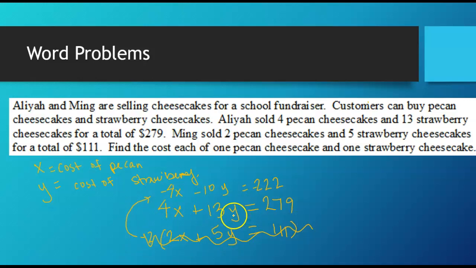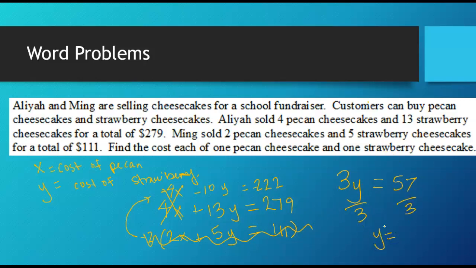I'm going to add them together. So -4x and 4x is going away. That's what we wanted to happen, right? We wanted to eliminate one of our variables. -10y plus 13y would give me 3y. And -222 plus 279 would be 57. Is that right? 9 minus 2 is 7. 7 minus 2 is 5. Yeah, so 57. So if I divide both sides by 3,